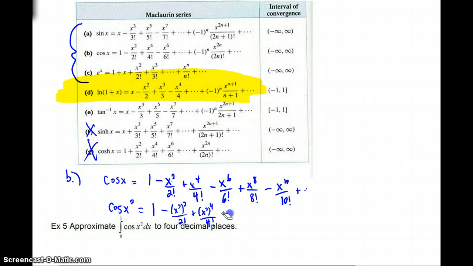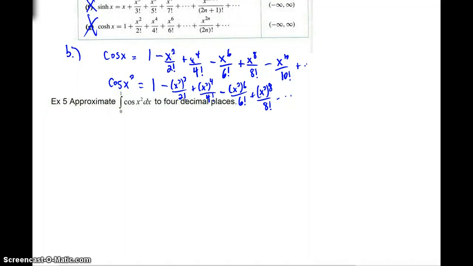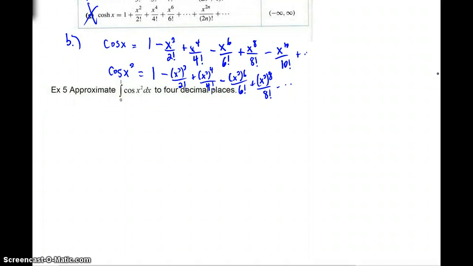Here's a minus x squared to the 6th all over 6 factorial. We'd have x squared to the 8th all over 8 factorial. Do we need to go out that far? Probably not. But case in point, when we are working out example 5, this integral now from 0 to 1,